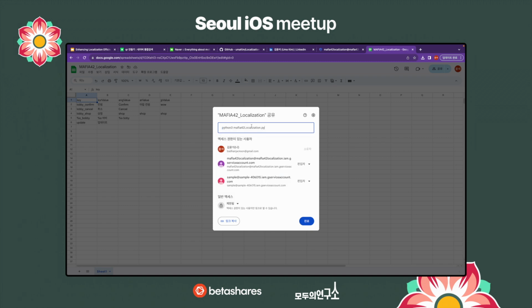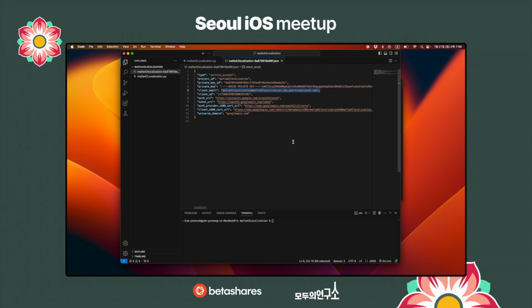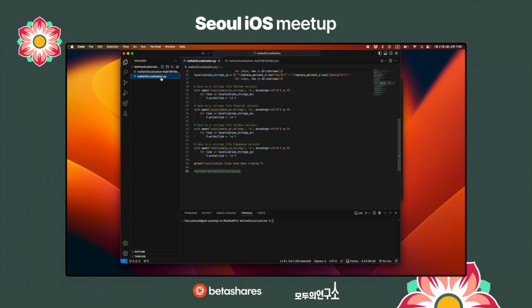So please paste it like this. And after you share it, now your RPA can access the Google spreadsheet that you made.